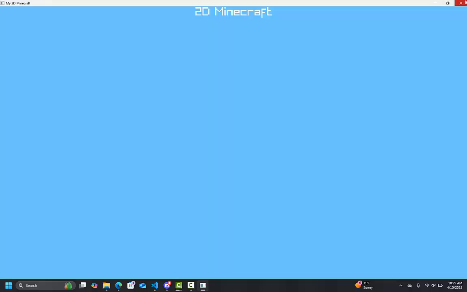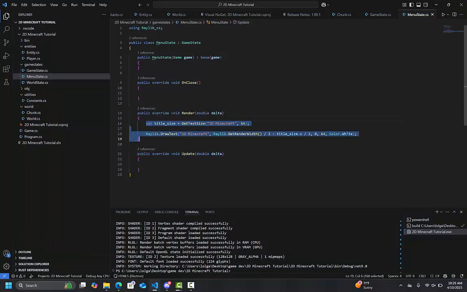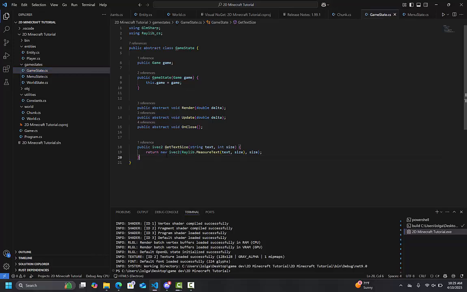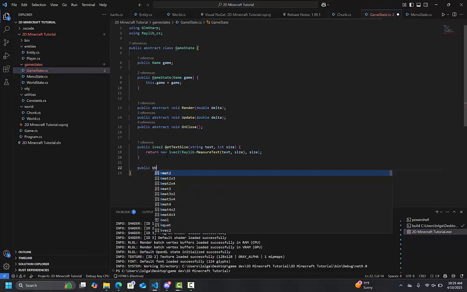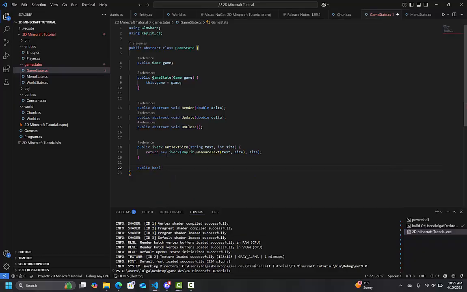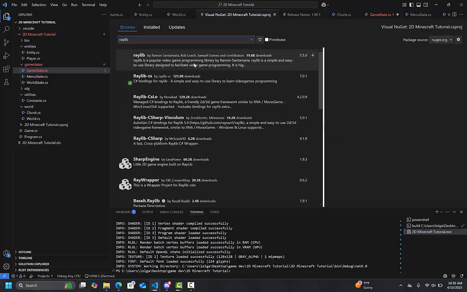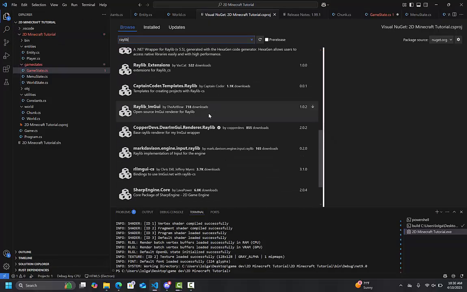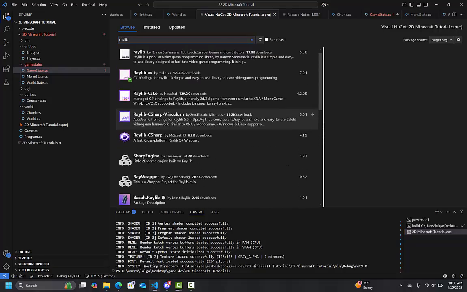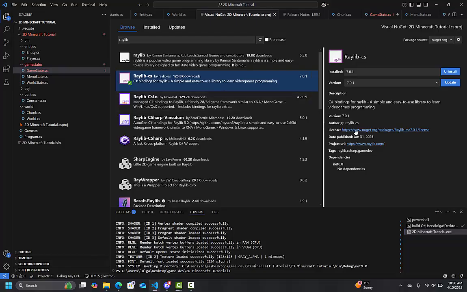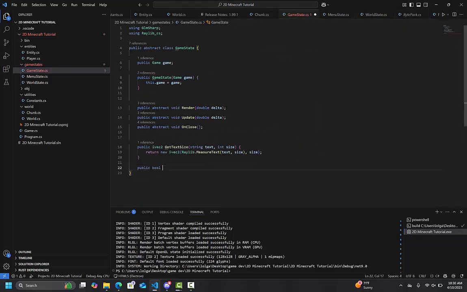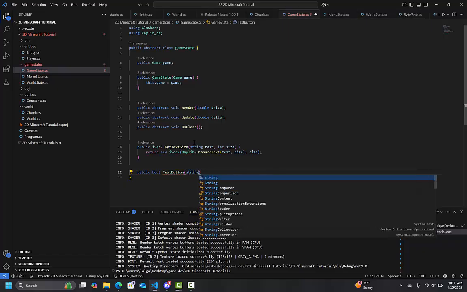All right. So then we're going to make a button. So in the game state here, we're going to make a public bool. Actually, let me check something. Let's go to Visual Studio. Let's search raylib here. I was hoping maybe it would have a GUI function, but it doesn't look like it does. All right, so we're going to make a bool function, text button, string text,